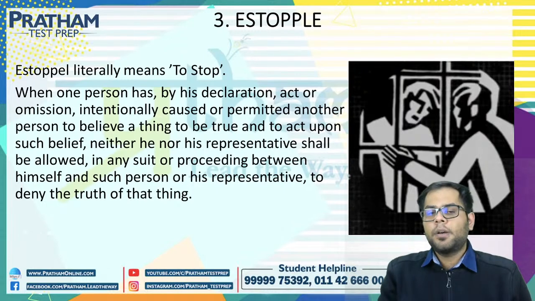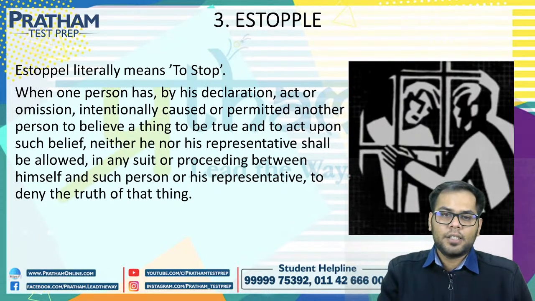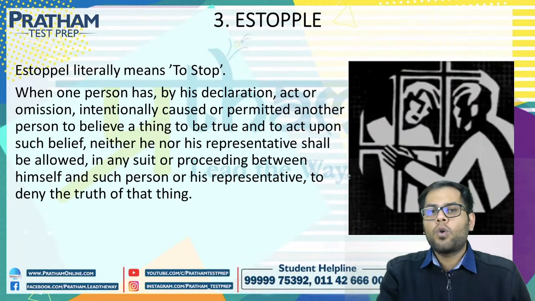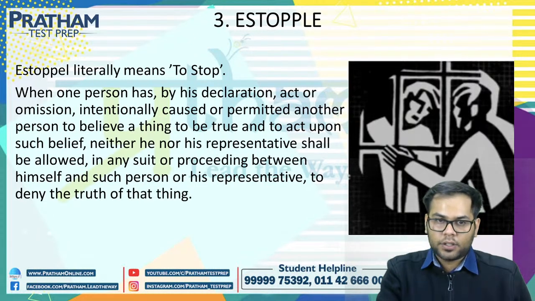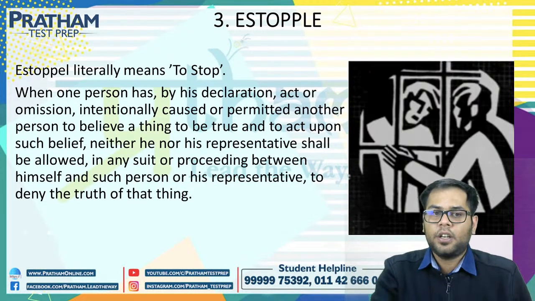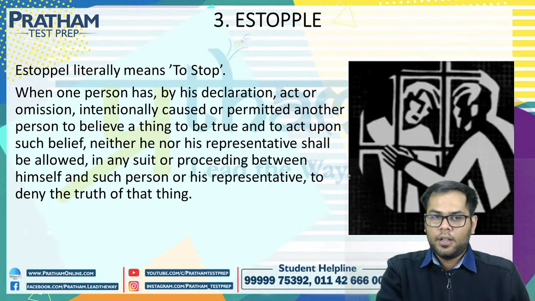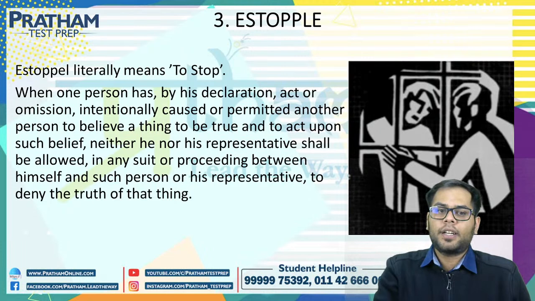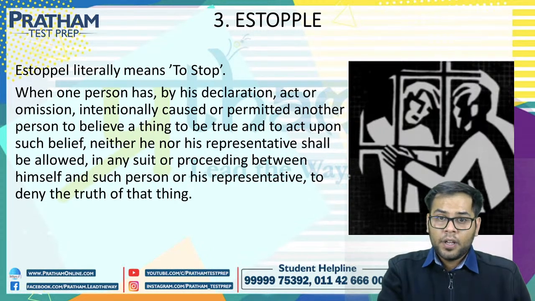Now you go to another proceeding and you say that you haven't done the same thing, and you have given a declaration that you have committed a certain act. Now the court can put an estoppel in this case by saying that you cannot contradict the truth that you've already told us. You cannot go back on your words. You cannot just say a lie in front of the court if you've given a declaration or you've intentionally proved it through an act. So that's how estoppel works. The court has the right to put an estoppel if they think that the person is contradicting the statements that he has given earlier.